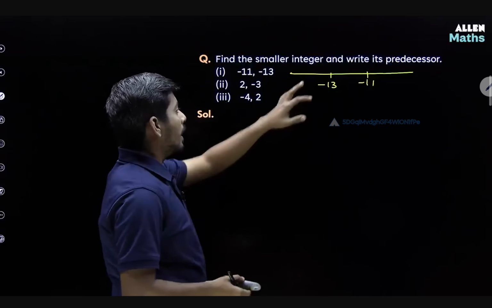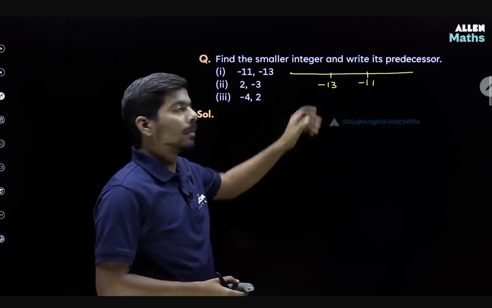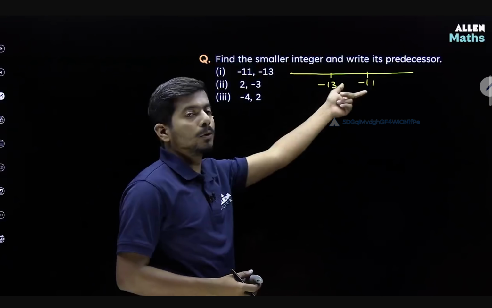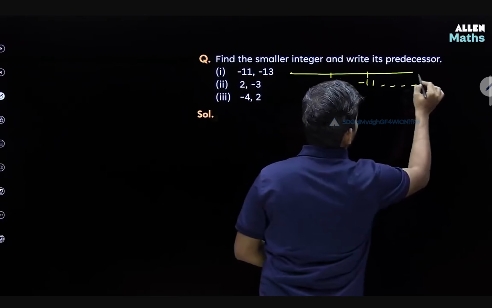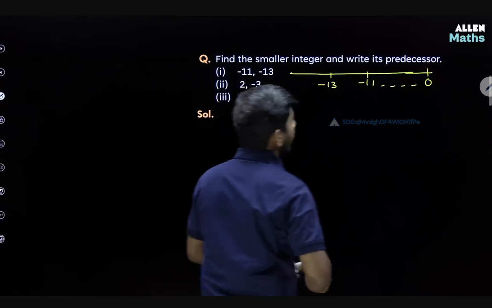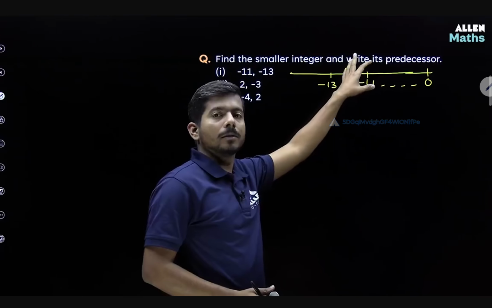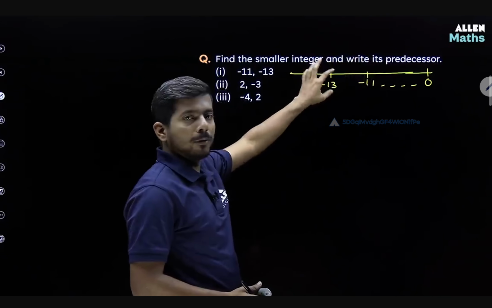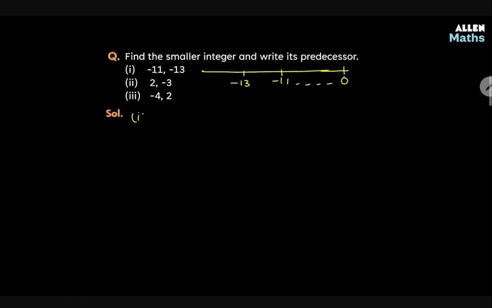Now to identify which of them is smaller, remember that the number which is closer to 0 will be bigger, right? So let's say here we have 0. So negative 11, which is closer to 0, will be bigger than negative 13. So the smaller one is negative 13,